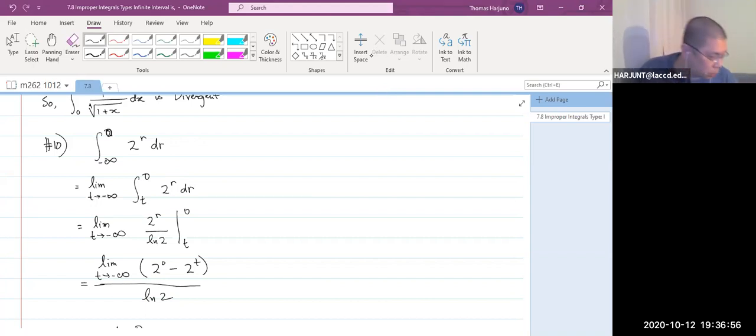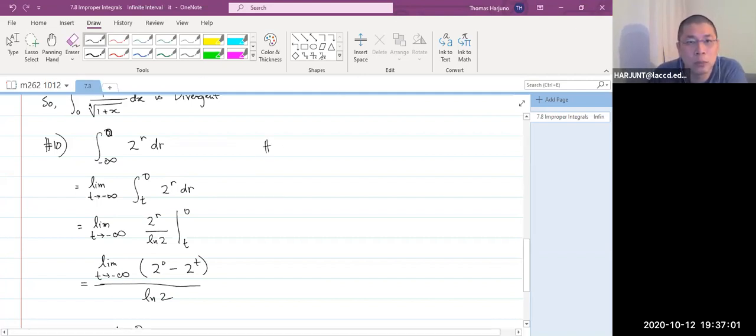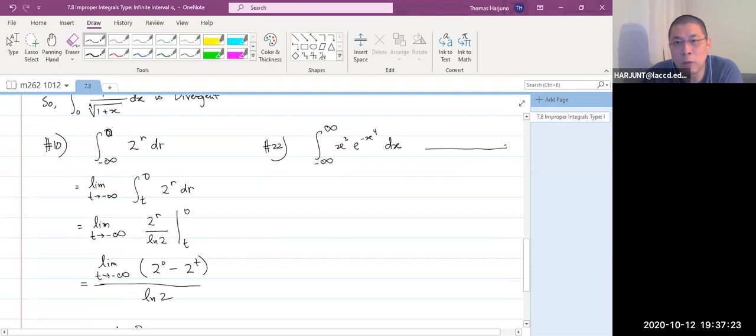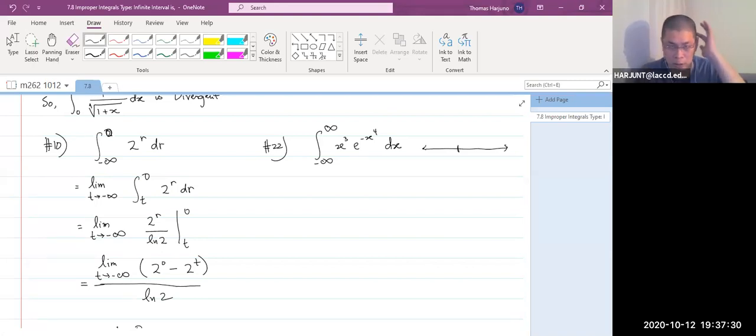Okay. Number 22. The integral from negative infinity to infinity of x cubed e to the negative x to the fourth dx. Now the thing is, we go from negative infinity to infinity, right? Now the way we're supposed to do this,